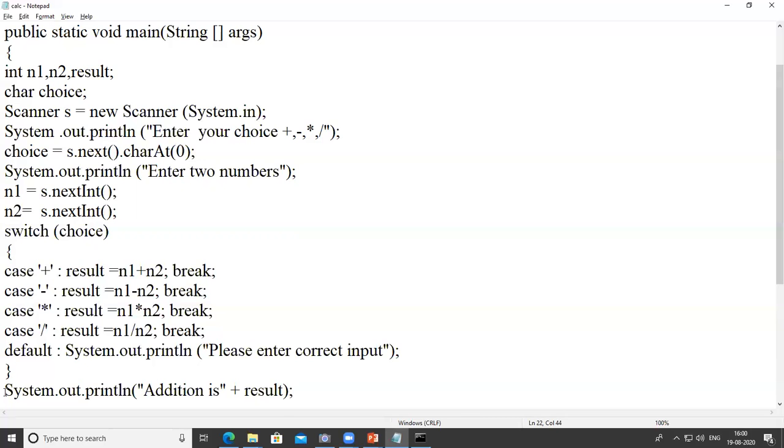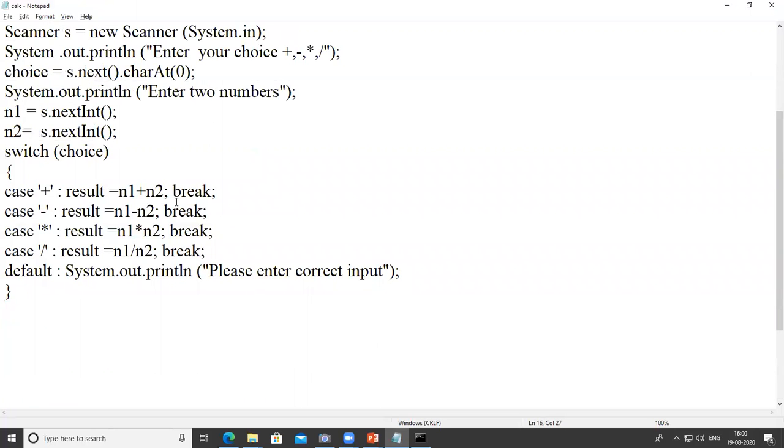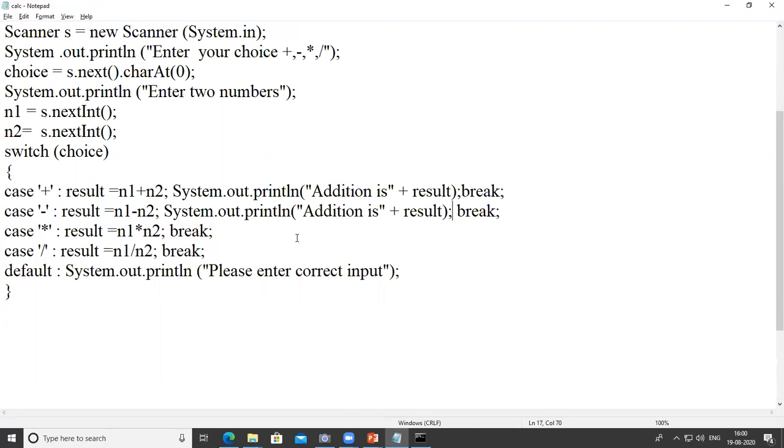So instead of writing it outside the switch case, I write it here. I change it to subtraction.